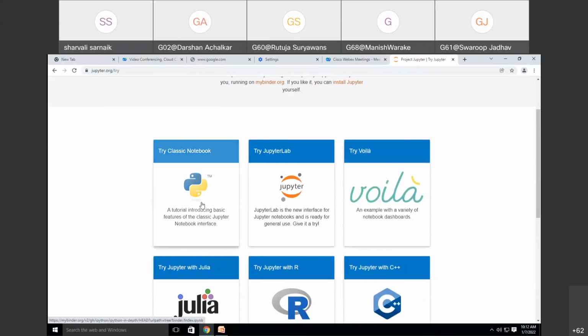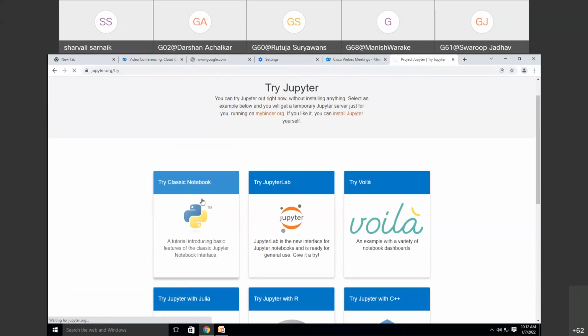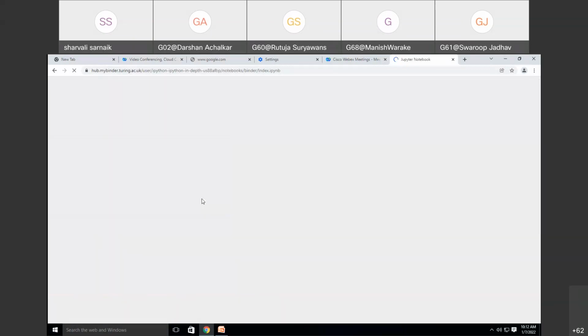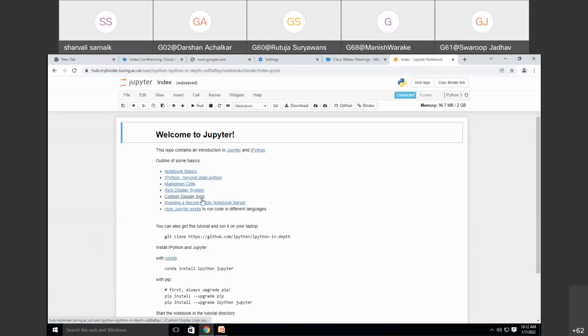Now we are going to see this classic notebook. So click on this classic notebook and wait for some time. Okay, now this page has appeared.